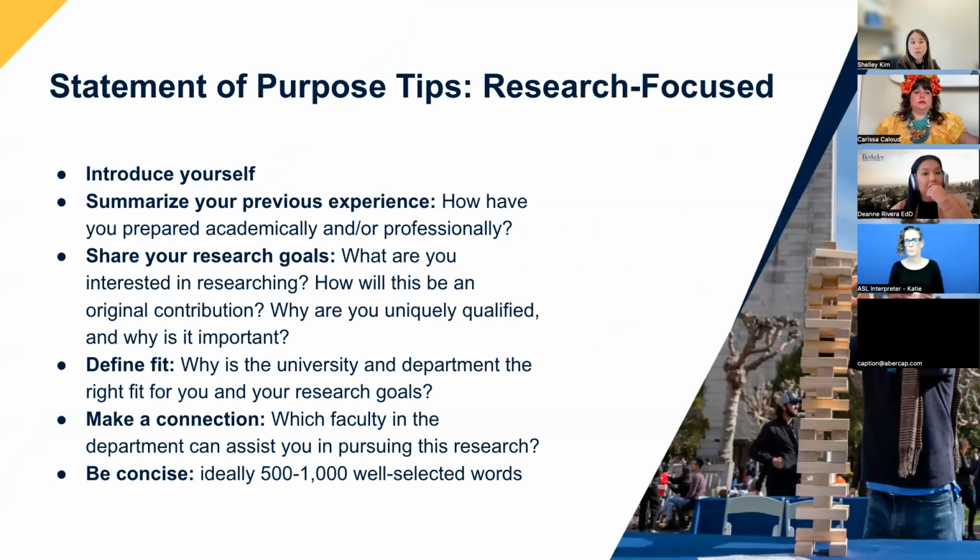So for a doctoral or academic master's programs, we wanted to provide some tips. We recommend that you focus on your research goal, how you've prepared to be a strong candidate, and then define fit, as Carissa mentioned. Introduce yourself briefly, share your motivation and what sparked your desire for graduate study. Summarize your previous experience and how you've prepared academically and or professionally. This could include the research you previously conducted, any important papers or thesis projects you've completed, or any relevant work